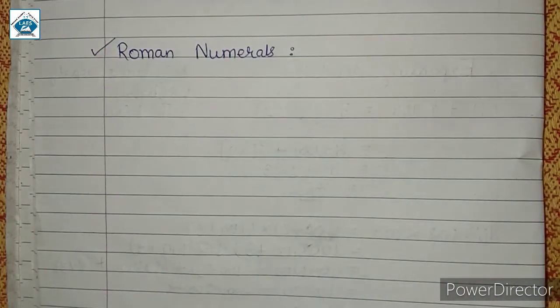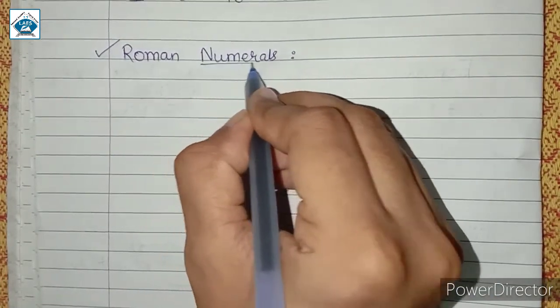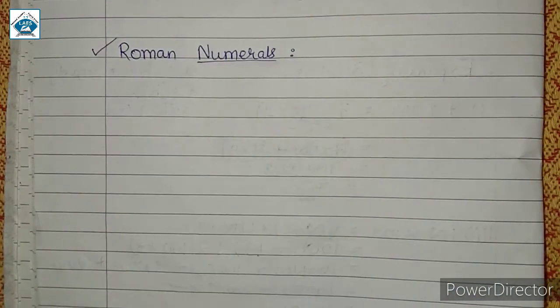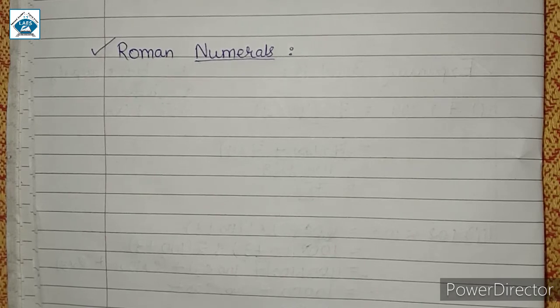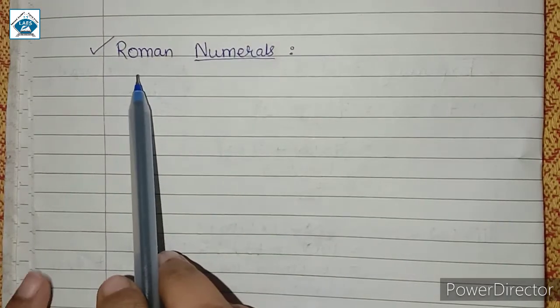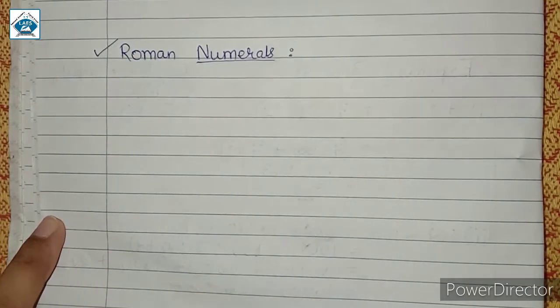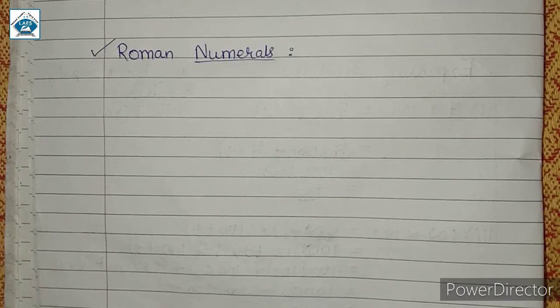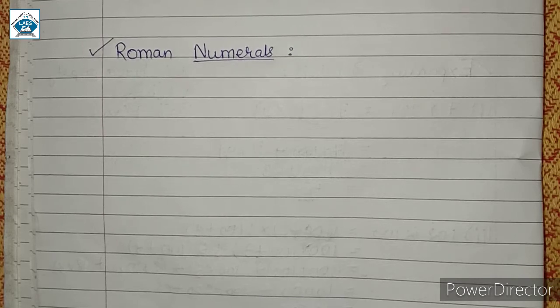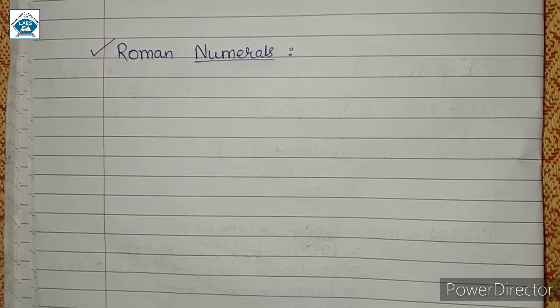The next topic we are going to discuss is Roman numerals. Here the word numerals is similar to the word numbers, or it also means that it is a symbolic representation of a quantity. Here we can say that we are going to represent our numbers in Roman numerals. So firstly, we have been using the Hindu-Arabic numeral system so far. But this is not the only system available. We can also use the Roman numerals, which is one of the early systems of writing numerals.